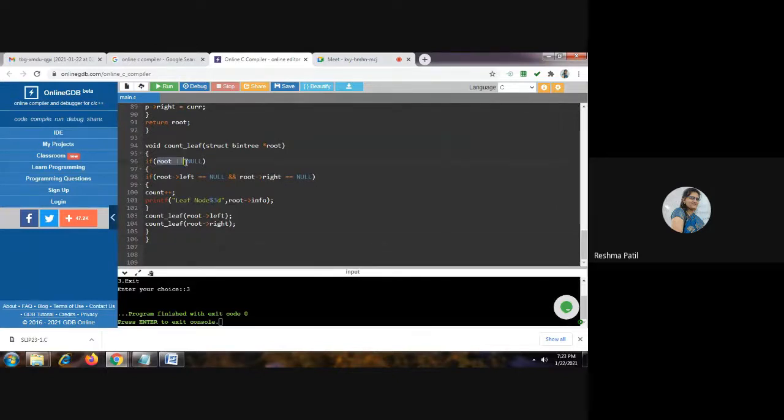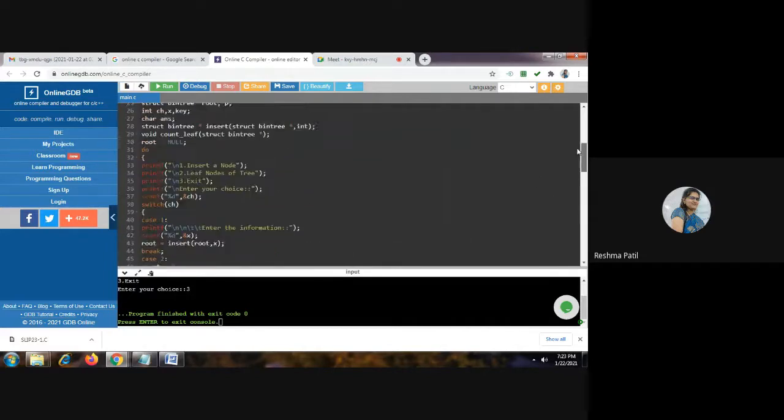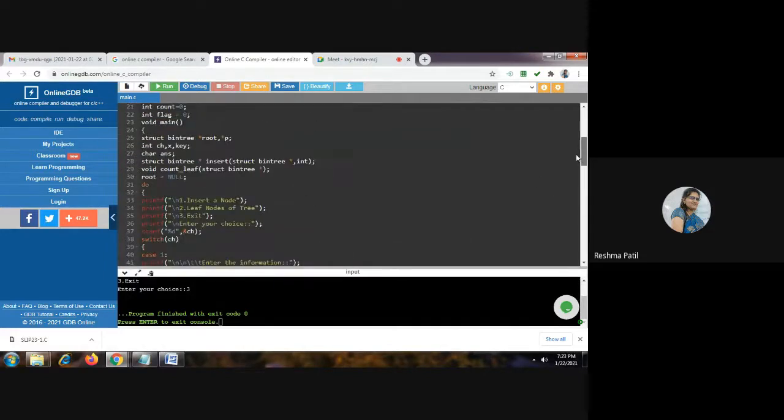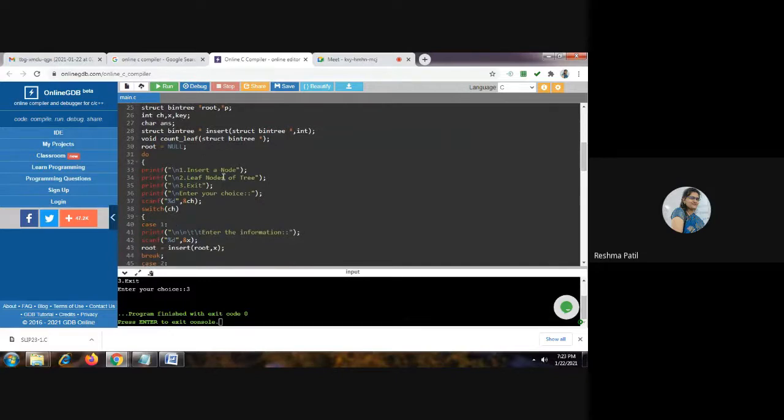At that time the condition root not equal to null will become false and we will come out of this if part and out of the count_leaf function, back to the main function. Now both functionalities are over. If you want to exit from the program, then we can press 3. You will exit from the program. So here we will execute this function.